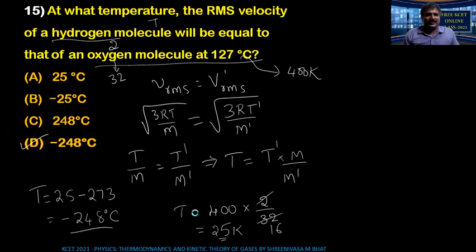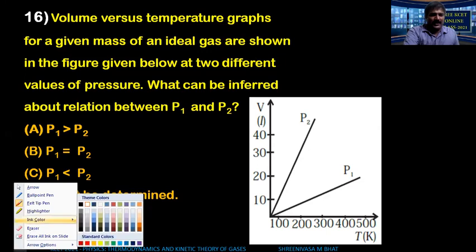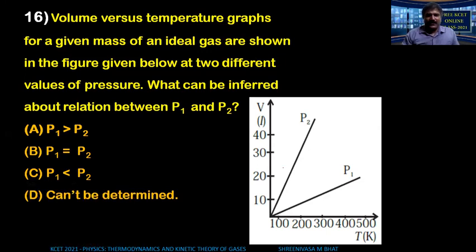Okay. Then question number 16. A volume versus temperature graph for a given mass of ideal gas is shown in the figure given below at two different values of pressure. What can be inferred about the relation between P1 and P2? So two gases are here in this. Okay, so gases at two pressures. So for this problem, what I do is draw one either horizontal line or vertical line. So we can understand very easily. So if I draw a line, let's say at 20, like this. Okay. So at certain pressure value, volume is say 20, and P1 is the pressure at 20, and corresponding temperatures